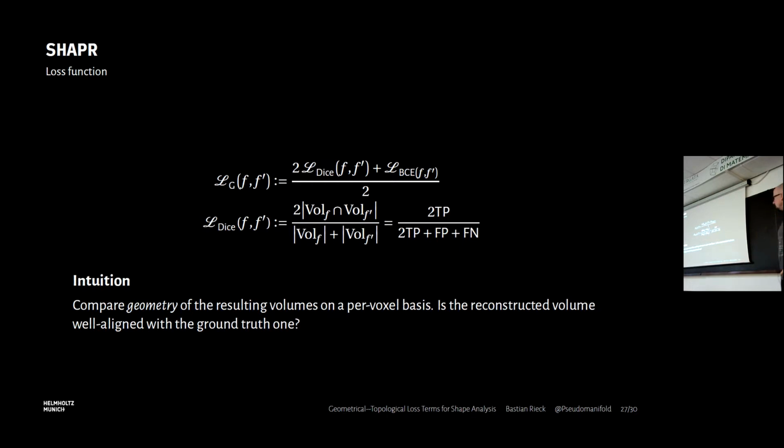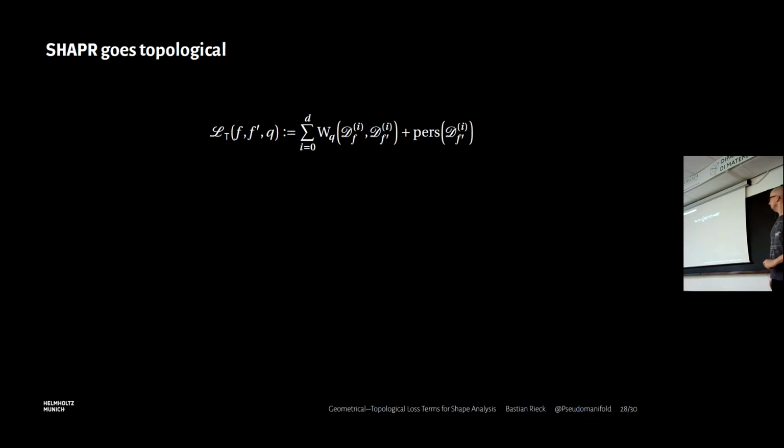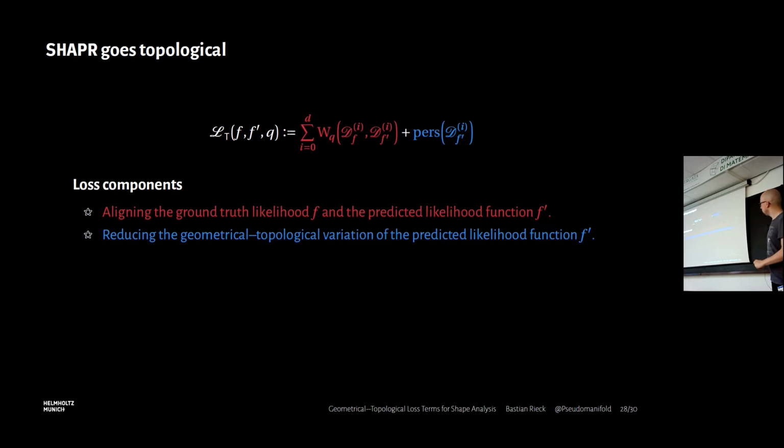And this is also the reason, in my opinion, why the topology-based loss term works very nicely, because we make this topological and add a topological component based on the Wasserstein distance between the persistence diagrams and a total persistence regularization term, more about that in a second. This worked rather well. And let me show you these two components here. The first component, the Wasserstein distance, is for aligning the ground truth likelihood function and the predicted function, topologically speaking. And the total persistence term is to reduce the geometrical topological variation of the predicted function,